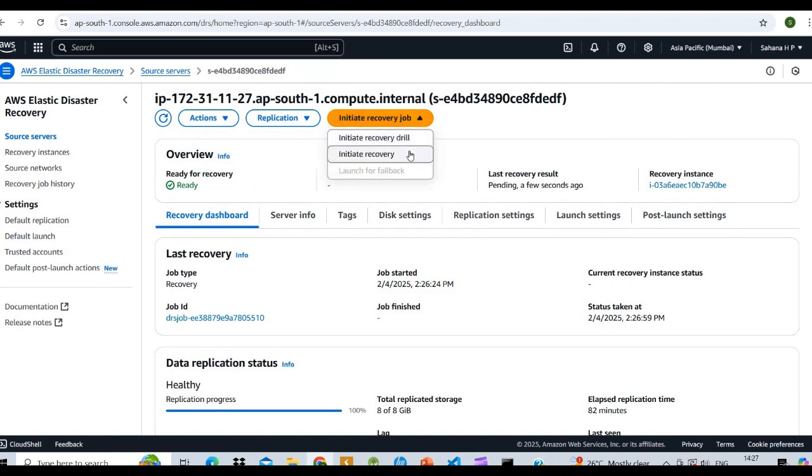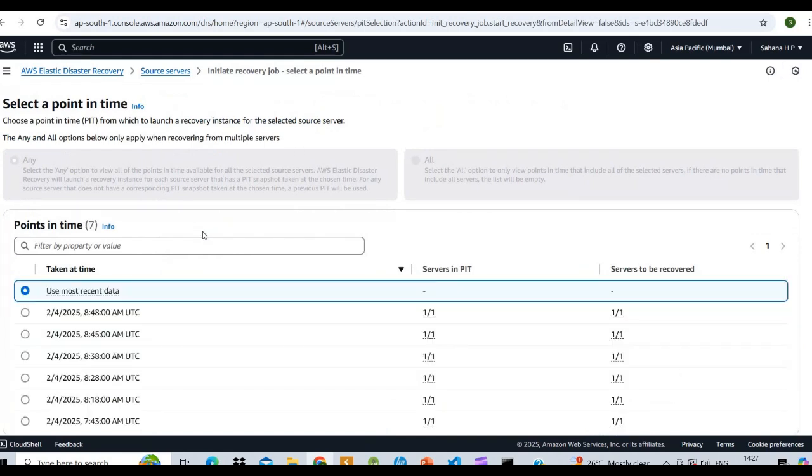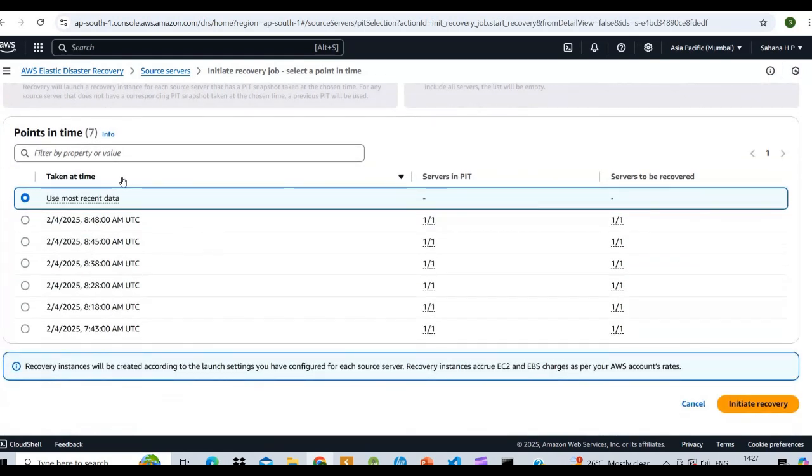Here we need to initiate the recovery instances. There is a point in time selection. You can use the most recent data, or the data which you want. I am using the most recent data, and click on initiate recovery.